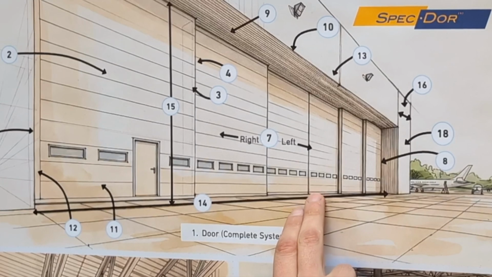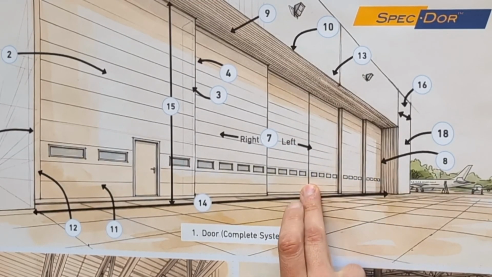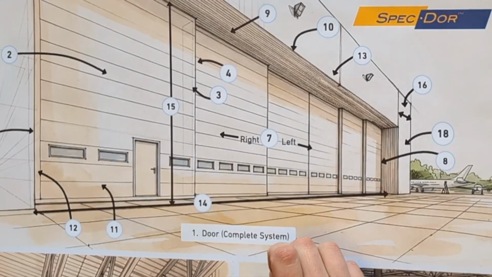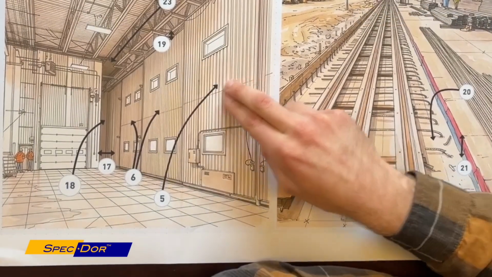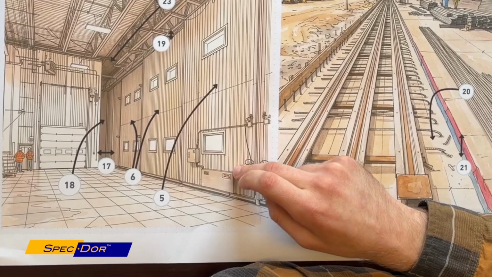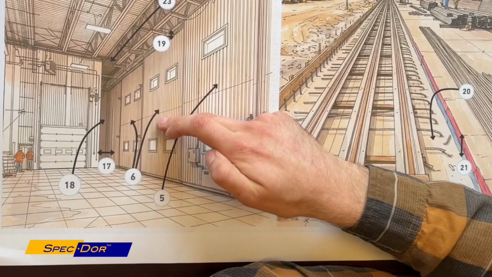Each of these door sections will have a leading edge and a trailing edge. Leading edge is the direction on the closing side, usually towards the middle of the opening, and the trailing edge is on the pocket side on the opening direction. On a door, you'll have one or several drive sections. These will have a motor, and you will have some idler or trailing sections, which are non-motorized and are moved